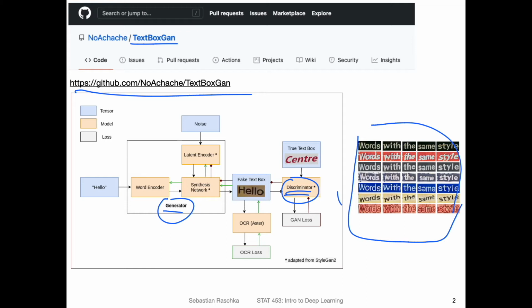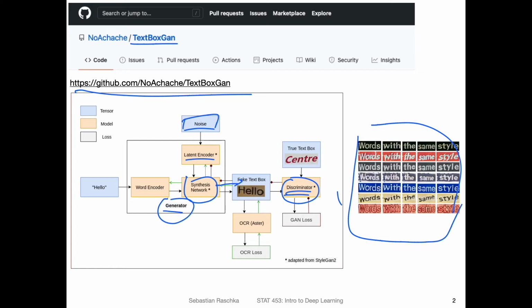So here there's a slight modification. A GAN is usually a little bit simpler. Here, in addition, there are two things going on. A normal GAN usually gets some noise as input. So the noise gets encoded. It's basically a vector that goes into the network, and the network then generates the new data. Why the noise? You need the noise, otherwise the generator will always produce the same output, right? If you think of it as a function. So in that way, the noise is such that it will create different outputs.